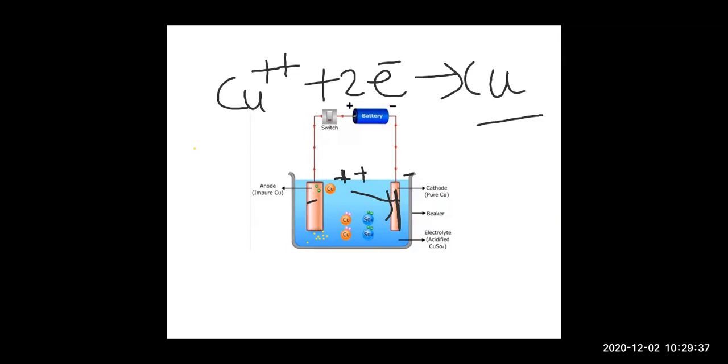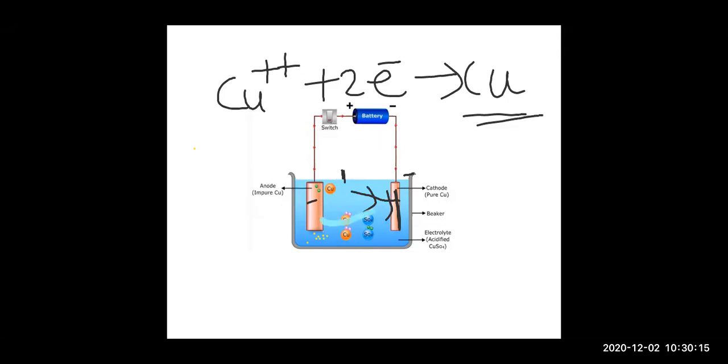What happens? The pure copper comes out of the impure copper, which is at the anode, as Cu++ after removing 2 electrons, and then it starts moving towards the cathode, and the cathode says, oh, I will make you my friend. Have you lost 2 electrons? I will provide you 2 electrons. Then it gets converted into a copper atom, and that is pure. So the cathode will say, you come with me, I am also pure. So the copper atom keeps on depositing like this, right children?